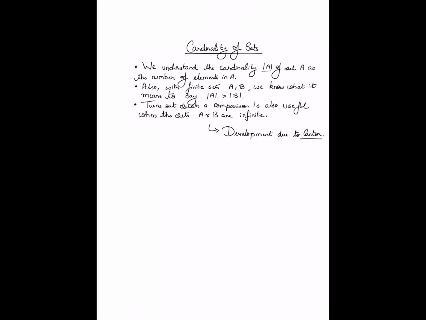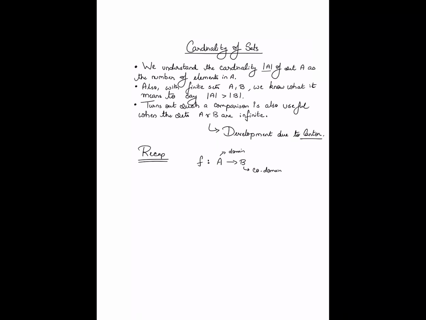Now, to do this, I need to first remind you of some basic notation when it comes to functions itself. Since you probably have not seen this in recent times, I'm going to give you a quick recap. So here is a recap on function notation. Firstly, for a function, let's say the function is denoted by f, we typically write the function as f colon A to B. The A here is the domain of the function and B is the codomain of the function.